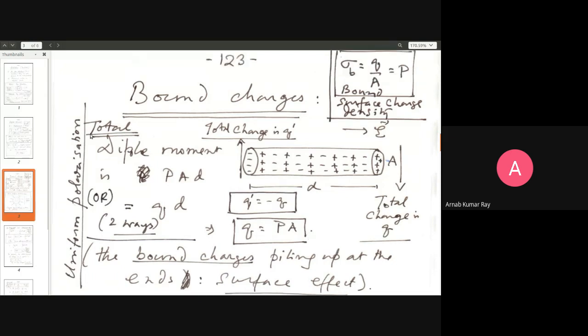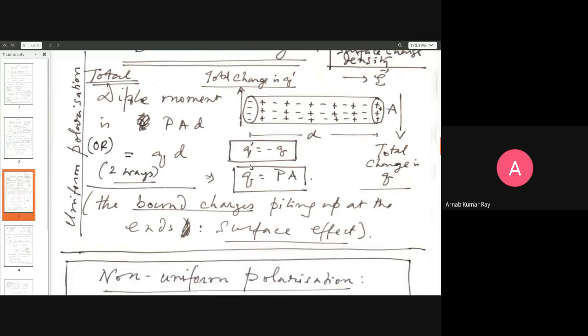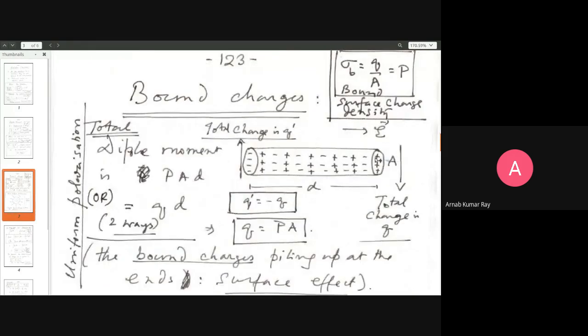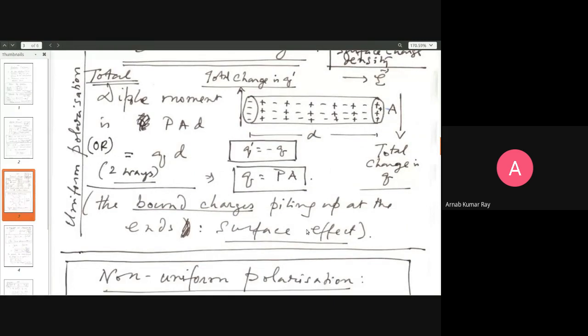First, there is a statement. You have a uniform polarization, that all the charges are smoothly cancelling, the positive and the negative charges are smoothly cancelling one another out within the bulk of the material. But at the end of the material, on the open exposed surfaces, the disk faces, this here and this here, the right disk and the left disk, the bound charges have piled up at the end. So it's a surface effect. So charges have piled up on the surface of this polarizing material. This is a surface effect.